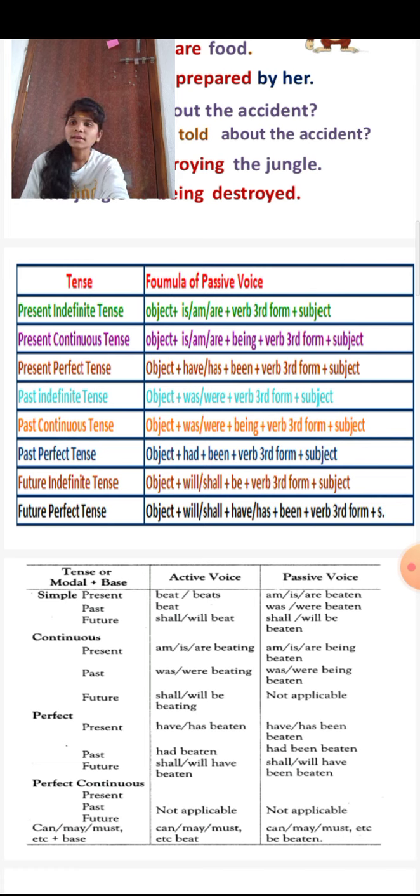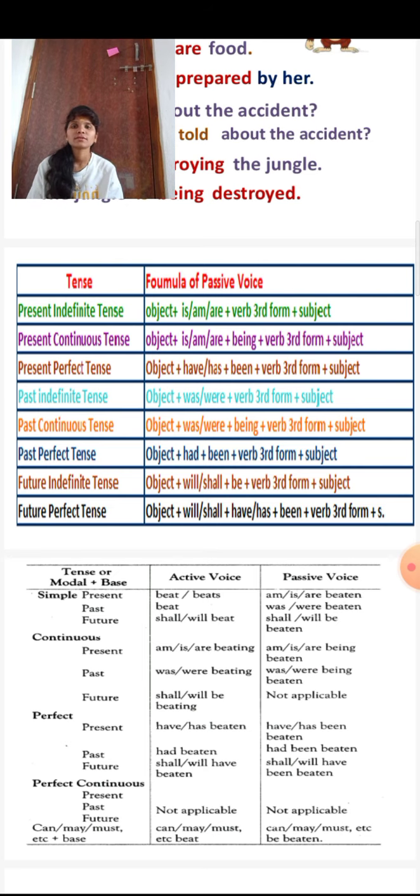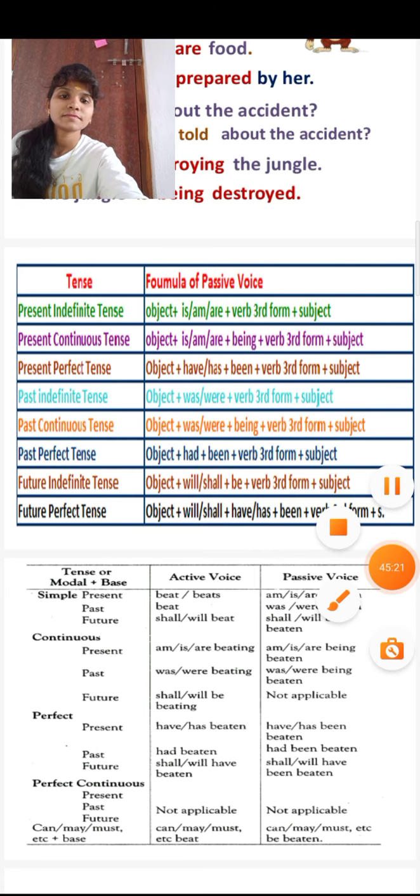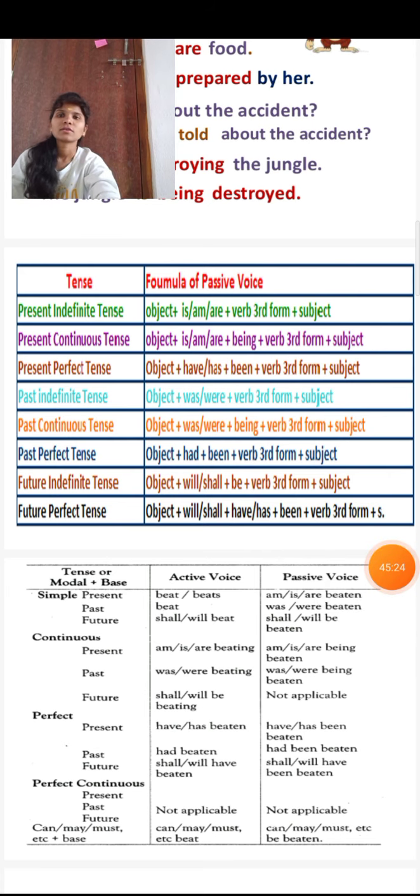Now let us see some frequently asked questions on active voice into passive voice. Rules and examples. When do we use passive voice? How do we identify a passive voice sentence? What are active voice examples? How to write a passive voice sentence as per the active voice rules? And how to identify active and passive voice sentences. These are the frequent questions I observed in many examinations, many videos, and many places. So let us discuss all these questions.